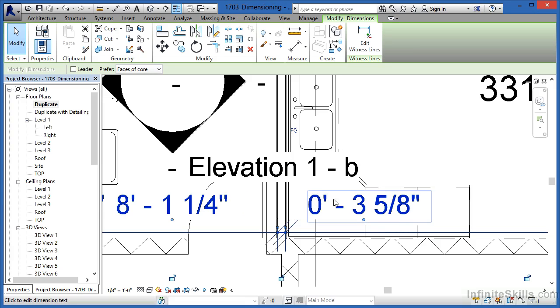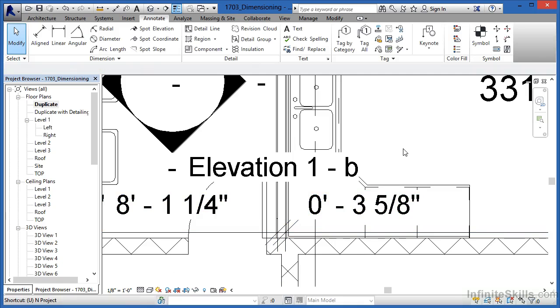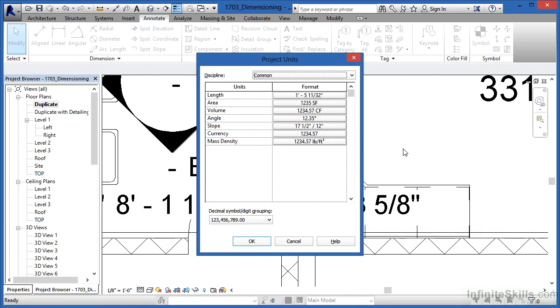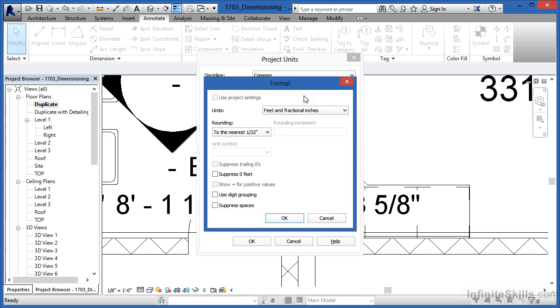Typically, we usually don't have this 0 feet. Most people that I know don't do that. Type in UN, and that's going to activate the units command. Come up here to length, and you're going to see a gray bar here, and it says 1 foot 5, 11, 30 seconds. Click in that area, and then put a check mark next to suppress 0 feet, and click